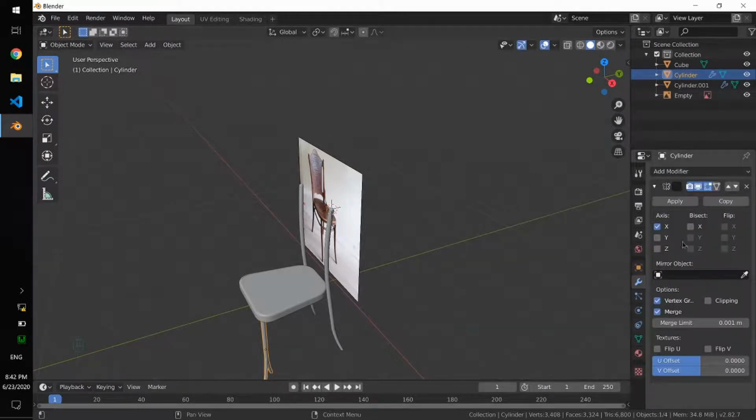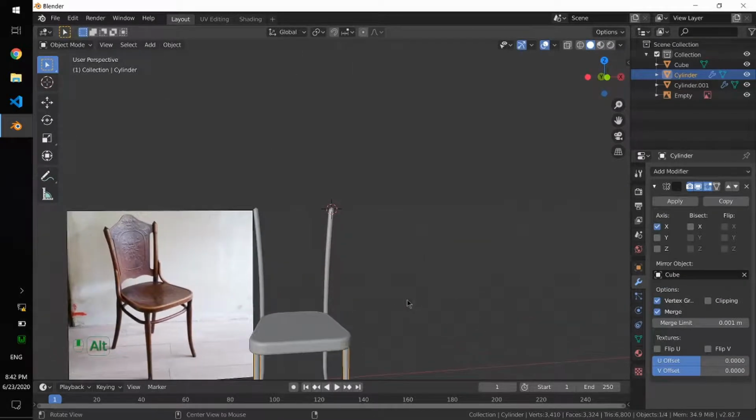So again, here we have our chair. The only part left is this central part, and of course the texture. Yes, for this backside, we are going to